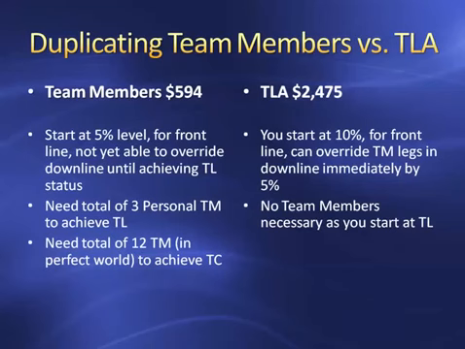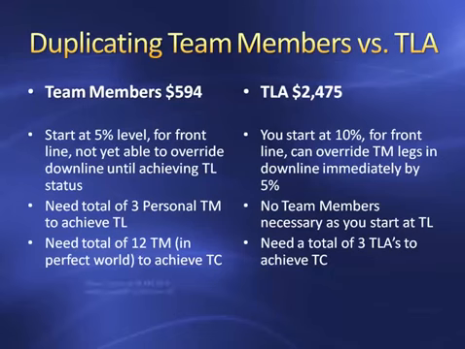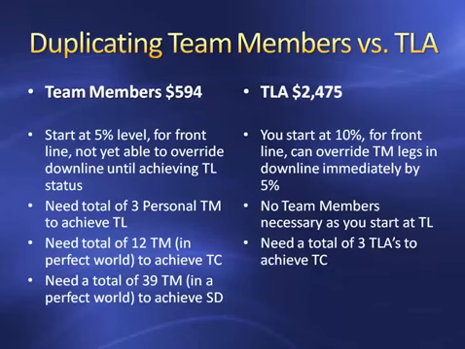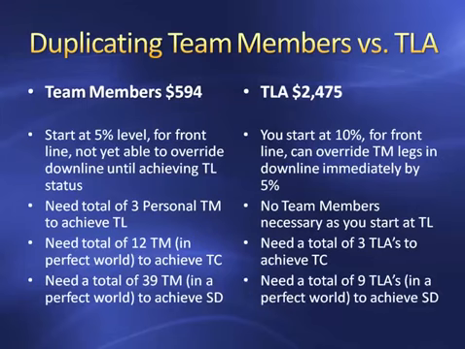You need a total of 12 team members. In a perfect world, 3 will get 3 to achieve the level of team coordinator. You need a total of only 3 TLAs to achieve team coordinator if you're duplicating TLAs. On the left, if you're duplicating team members, you need a total of 39 team members. In a perfect world, 3 will get 3 will get 3 to achieve the level of sales director. But on the TLA side, you only need a total of 9 TLAs in a perfect world to achieve sales